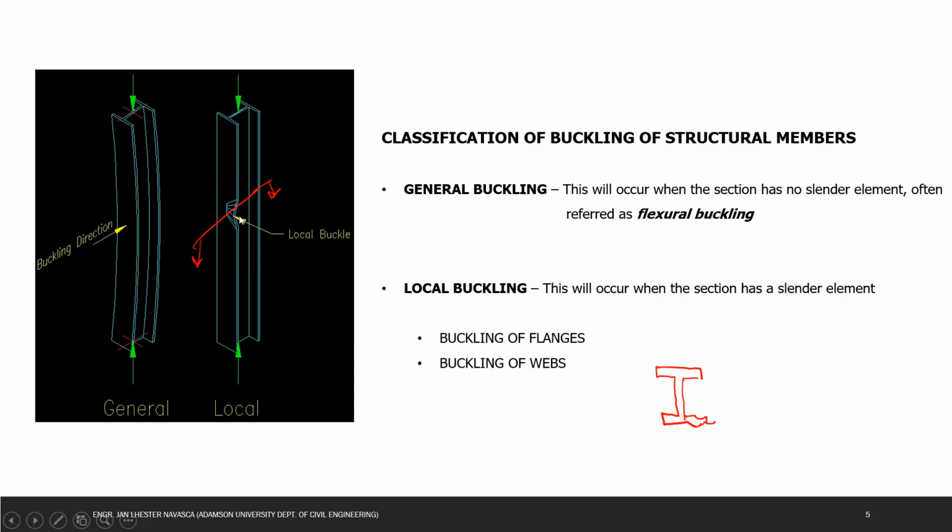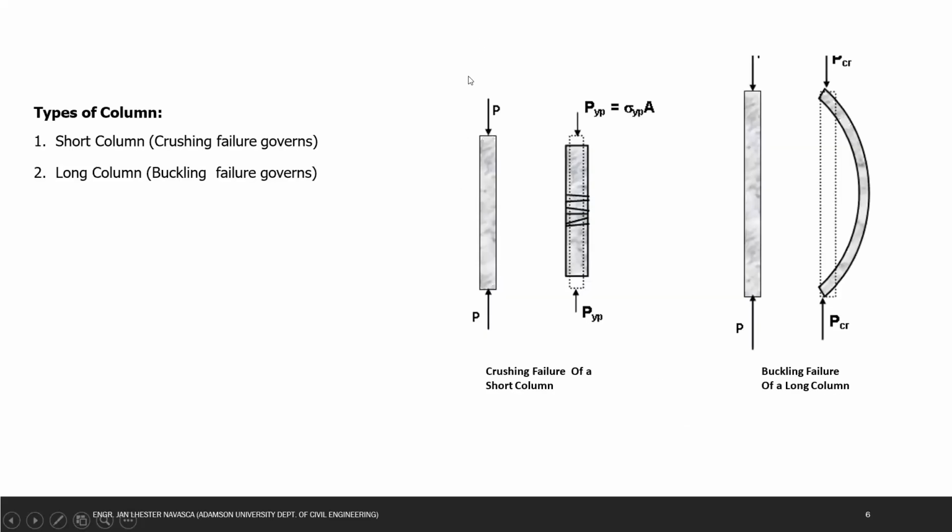So this module only focuses on the general buckling or the flexural buckling. This local buckling we will understand in the near future, in our next modules. Okay, so under the general buckling or under